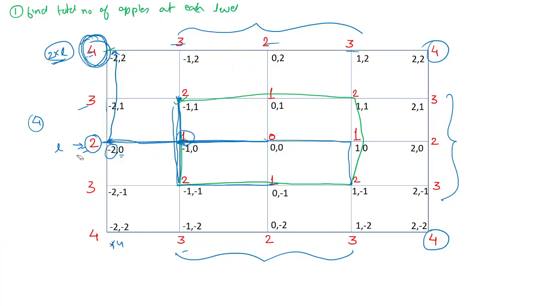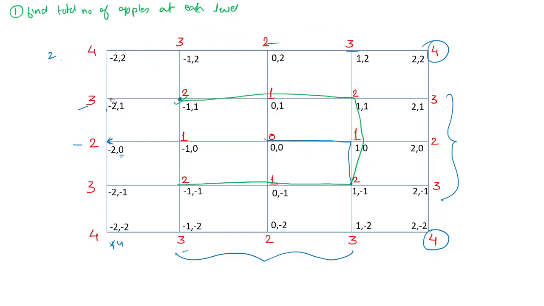Let me erase some of this. Okay, let's see. So you see, this is the L level. I'll represent it as L. Then, if you go up, the value of x is the same. Only the value of y is increasing, and that too by 1 each time. So if you go up, the j value will be increased by 1, and hence the total value will be increased by 1 only. So then 2, then 3, and then it will go on.